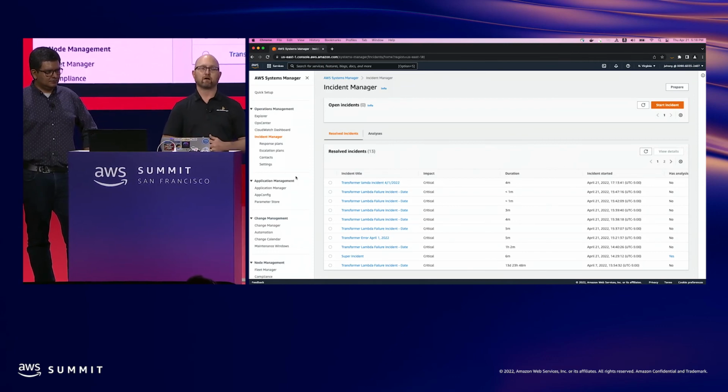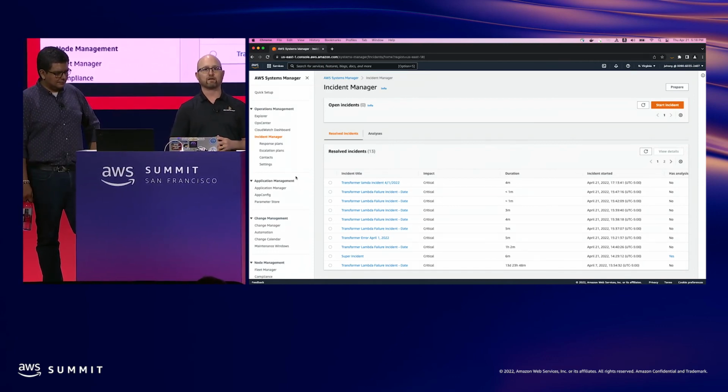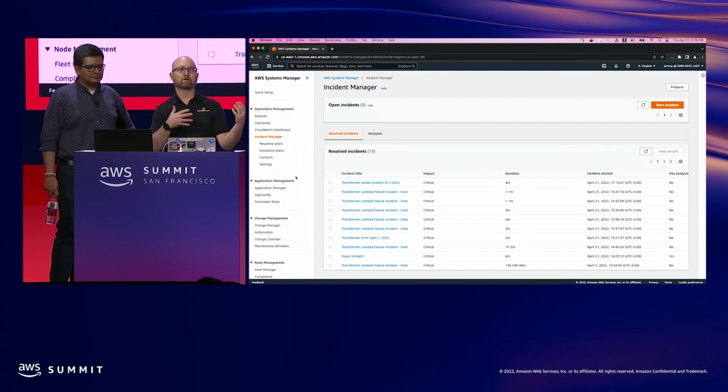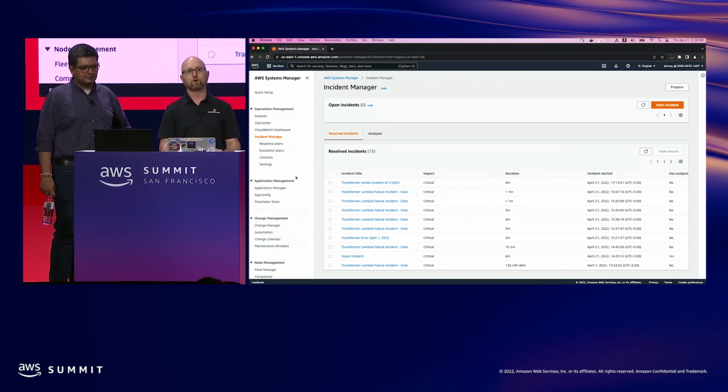So that's one way that you can do it, and all of that ties into the rest of Systems Manager. I'm not going to go into all the details in the rest of Systems Manager, but all that information is captured, and it can start to be interoperable. So there's a lot more cool things that you can do. But that's one way to track all of the things that we talked about in the CoE. And now I'm going to switch back,